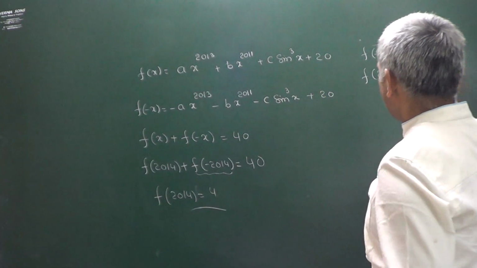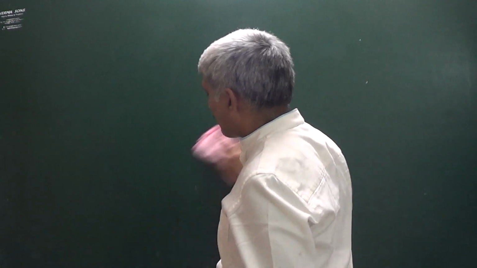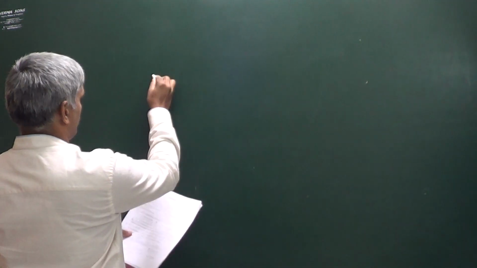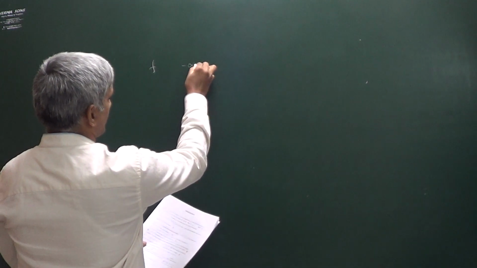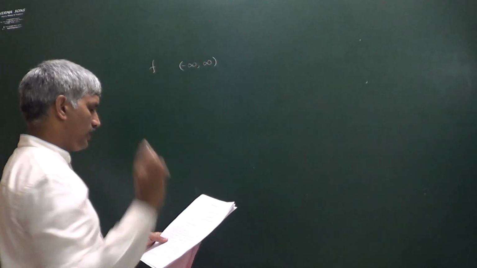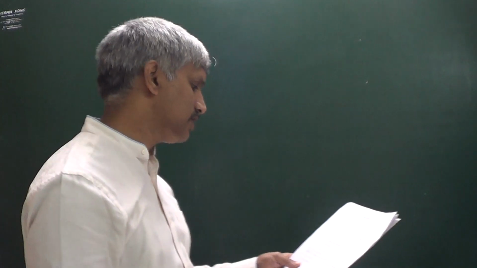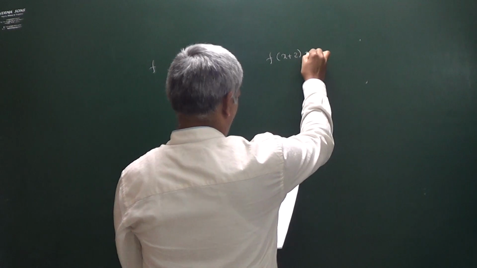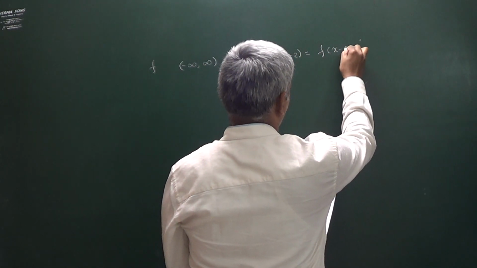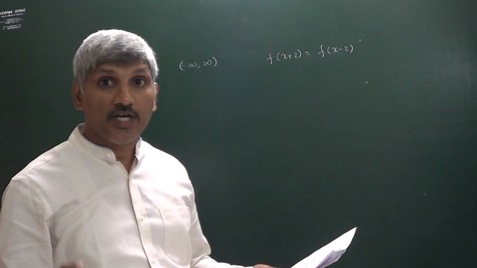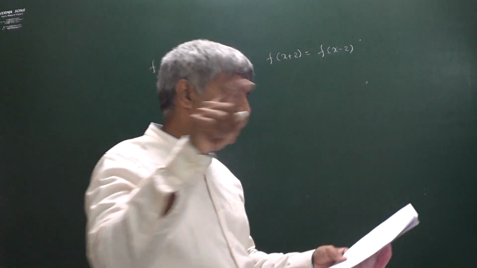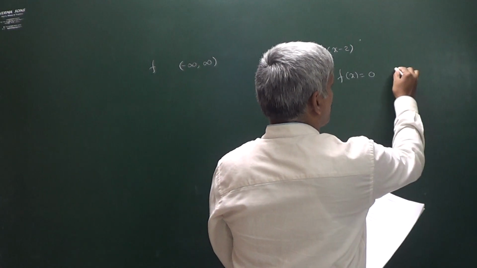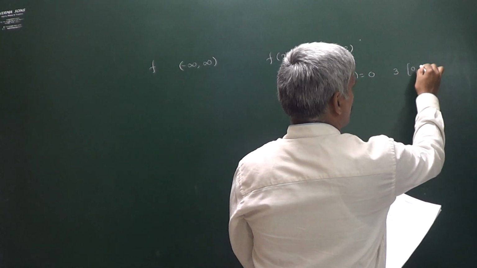So there is another question. This question is given in this way. F of x is an even function, defined for all real numbers, from minus infinity to plus infinity. Also given is f of x plus 2 is equal to f of x minus 2. That is the other information given in the question. And also he is saying that f of x equal to 0 has only 3 real roots in the closed interval 0, 4.